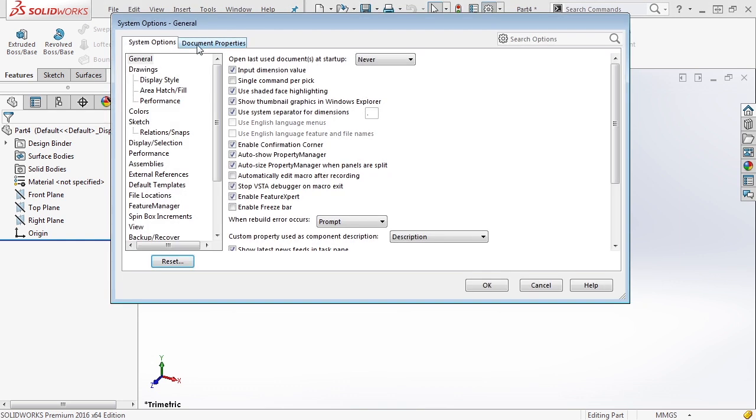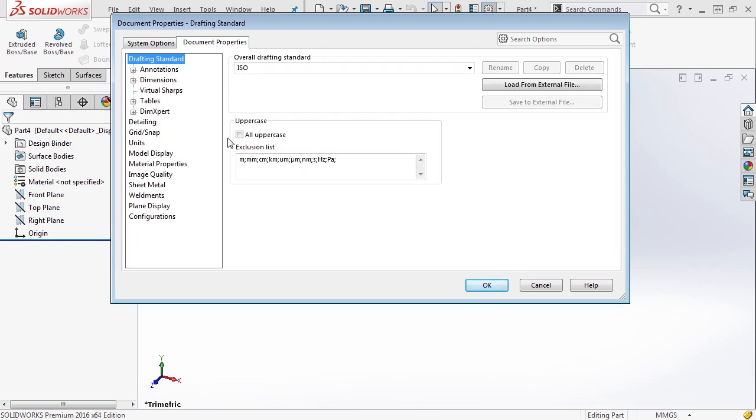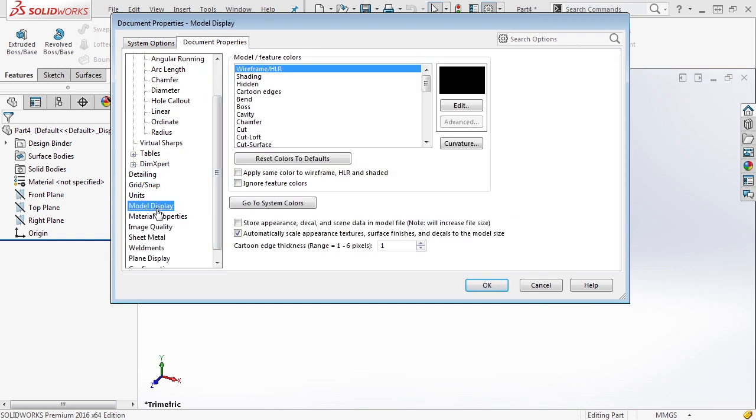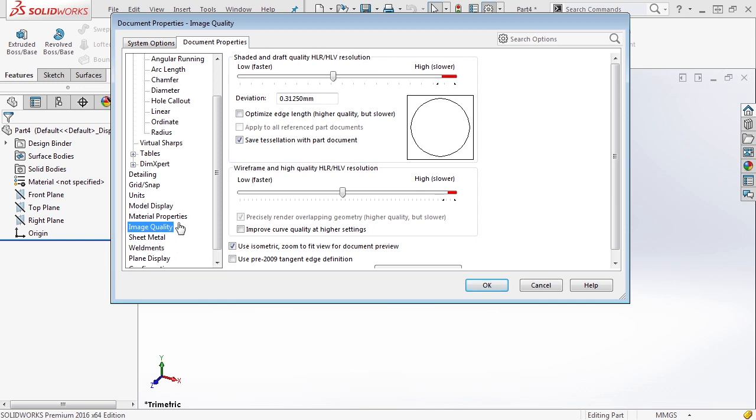If we go back into our properties, system options, these are things that are really applicable to SolidWorks in general. If we go to document properties, these are things that are associated with this specific file that we're dealing with. So for instance, if you wanted to modify properties for dimensions, or if you wanted to modify things such as the model display or the image quality, for instance, we wanted a high resolution file, we can modify these values,